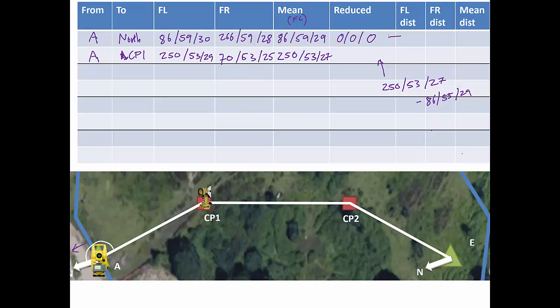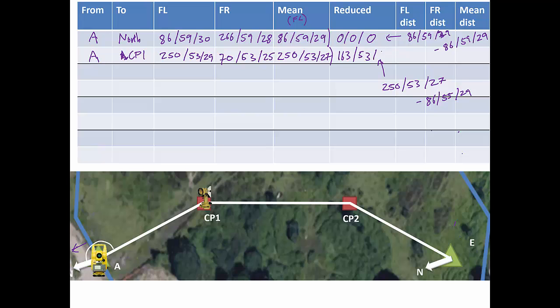In effect, that's what we've also done here. We've taken away that first angle from the value. So we're going to take away this first reading, 86°59'29", from the mean angle here and the mean angle here. That leaves us with 163°